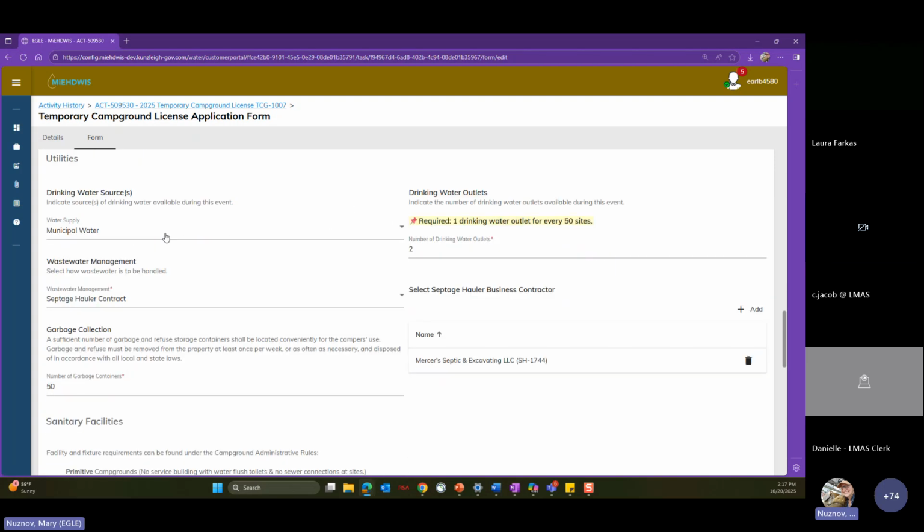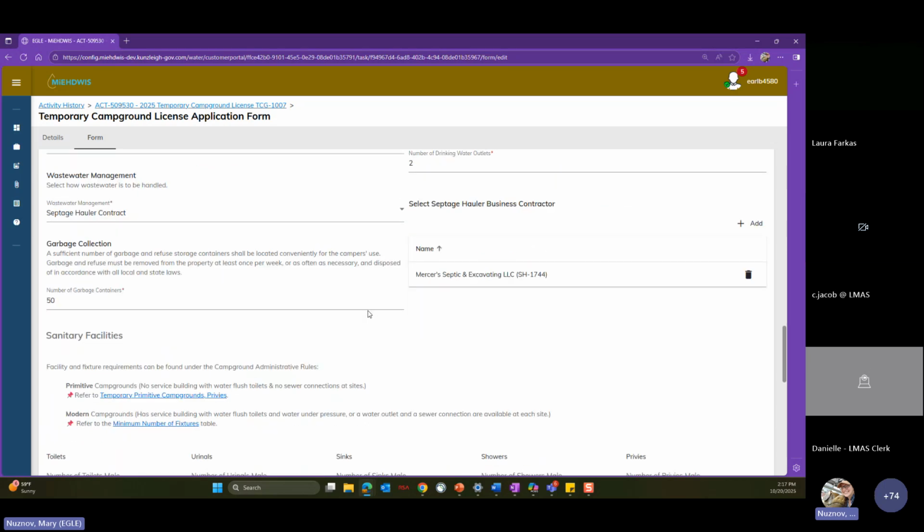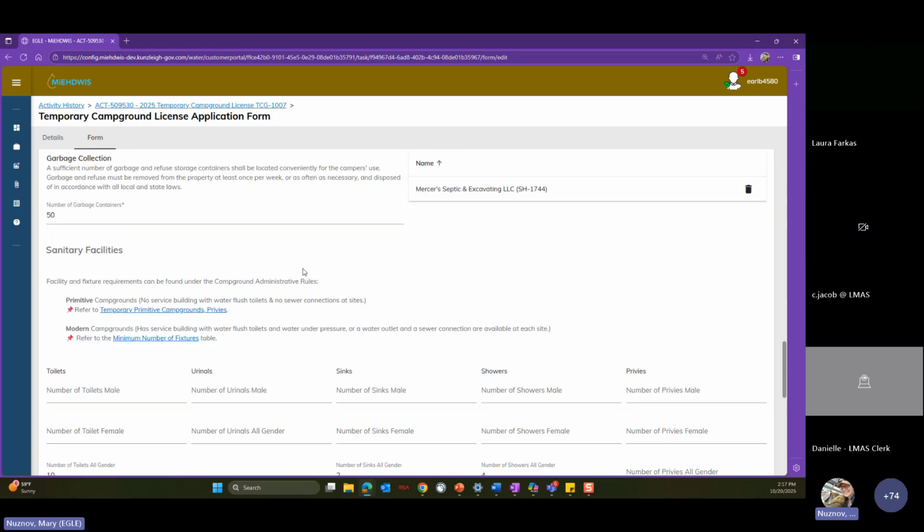Then I can come through and they've already said, hey, I'm getting my water from here. If they were getting their water from a water hauler, there would be the water hauler listed here. If they have a septage contract, you can see right here, they have listed who they are contracting their septage hauling through. They have to provide the number of garbage cans that are going to be available to their attendees,